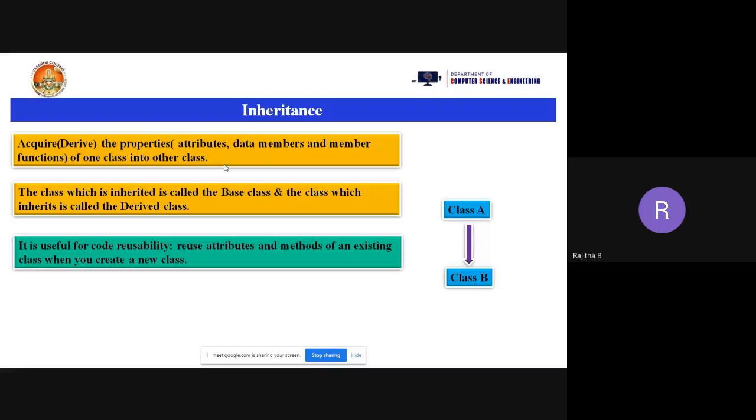Suppose you take a parent and child. Your parent has some features, and those features can be derived into the child. Suppose you take you and your father.